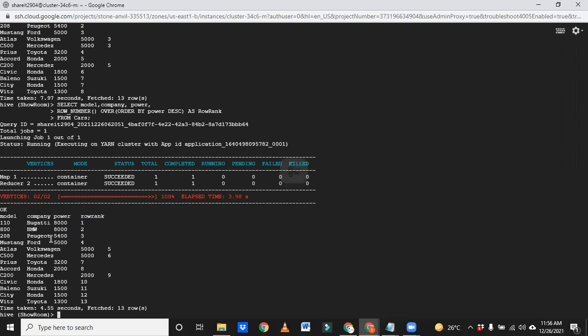Where will we use row number widely? You might have gone through my playlist where I explained how to remove duplicates. Let us assume you have an entire record with 10 columns in our table, where you saw some duplicates. How will you remove them? Either you can use distinct, but distinct works only when all columns have the same values.